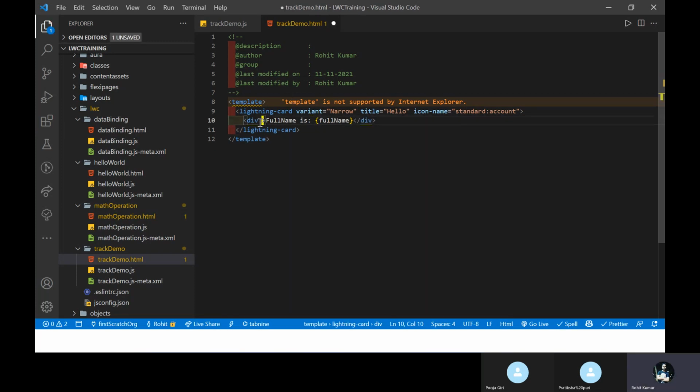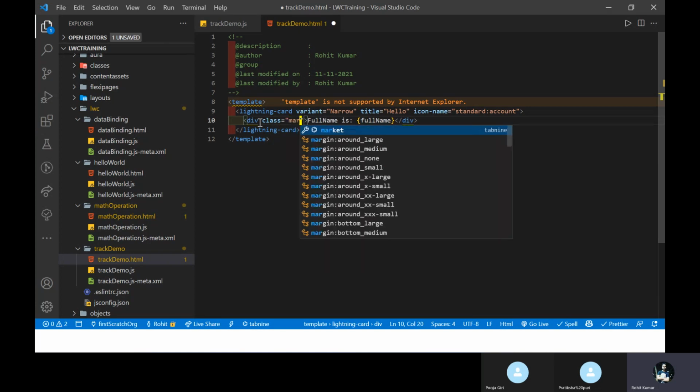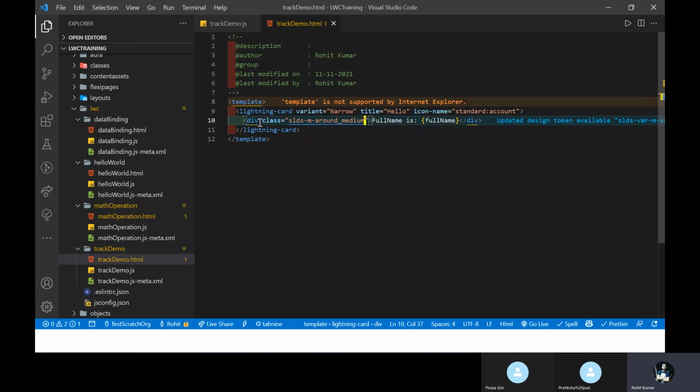If you want to use some classes, you can take something like margin medium. Save it. Let me update this token, and now you can see our code is created.